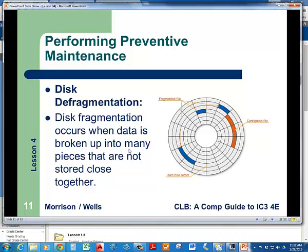Your hard disk, this is a logical picture, a map, if you will, of what a disk looks like if we were to be able to see how the data is stored. So it's stored in sectors, little pieces. It's kind of like divided up into a pie shape, and then the pie shape is broken up into little sectors, and in there, the way the hard drive stores information,